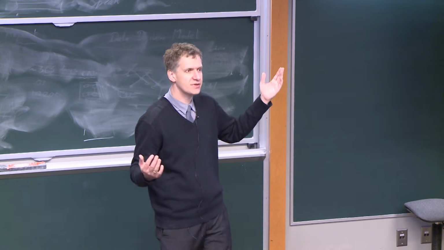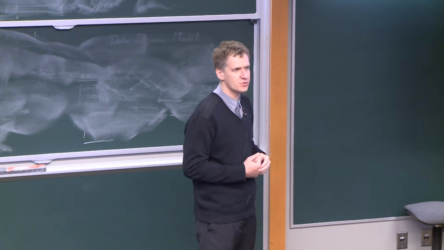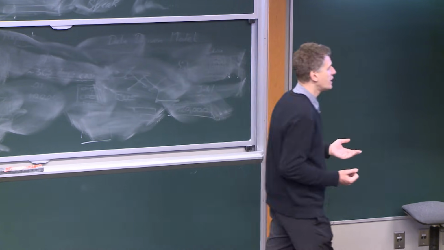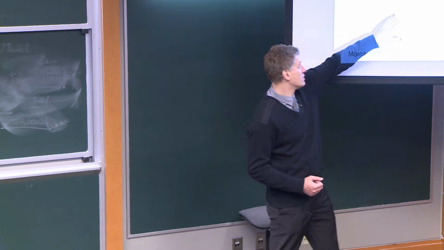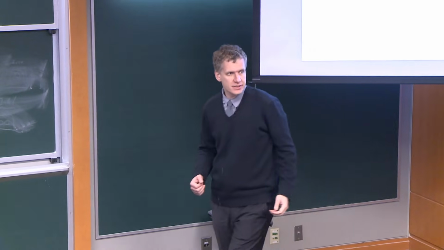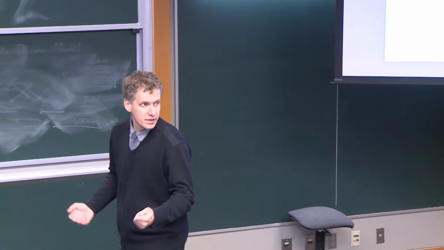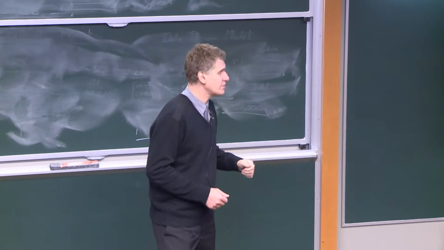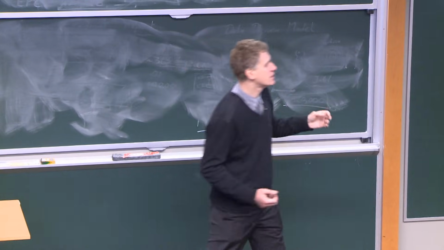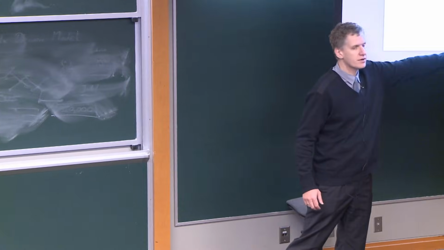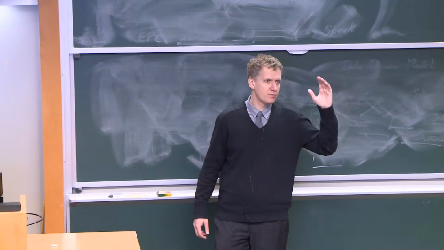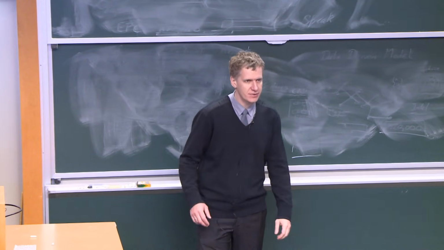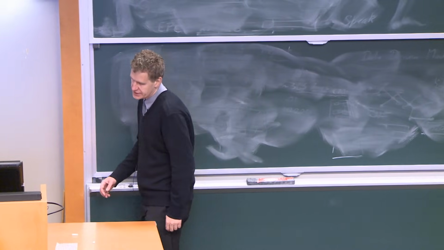Fortunately, in this particular case, it's very doable. It's just two equations with two variables. We should be able to do it, and we can solve it and find this A and B. Then we'll substitute them in this formula, take the current price of the stock, which we know, and some cash, and find the current price of the derivative. And this should work for any derivative. It doesn't matter whether it is a forward, call, put, or some complicated option, as long as it's deterministic at expiry.